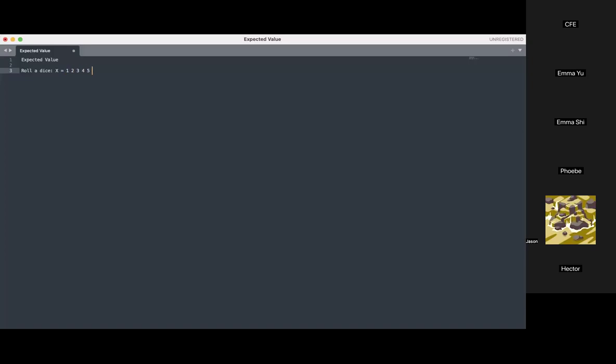Okay, so in the last lecture, we talked about expectation, or expected value, and let's review a bit. Expected value. When we roll a die, X can get the value 1, 2, 3, 4, 5, 6, and the corresponding probability is 1/6. It's always 1/6 for every value. So this is a case where it's all 1/6, and so we can calculate